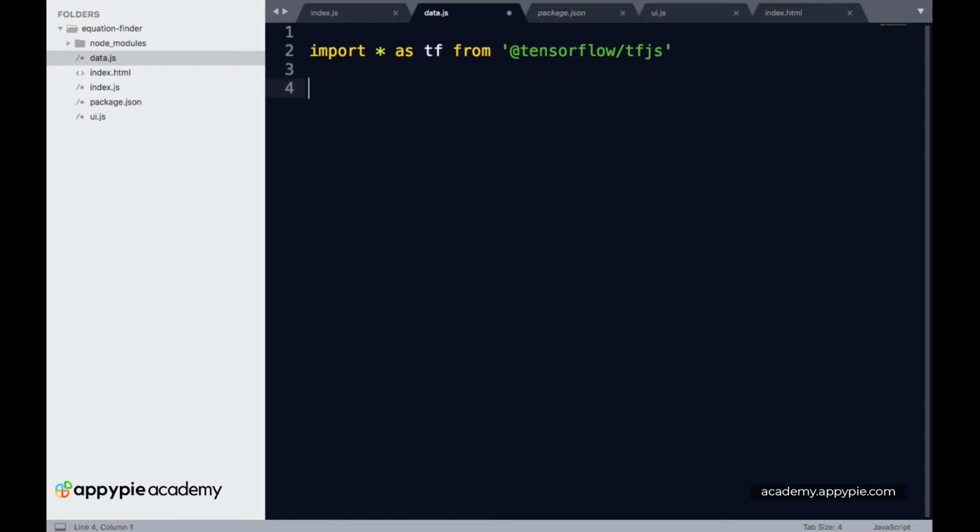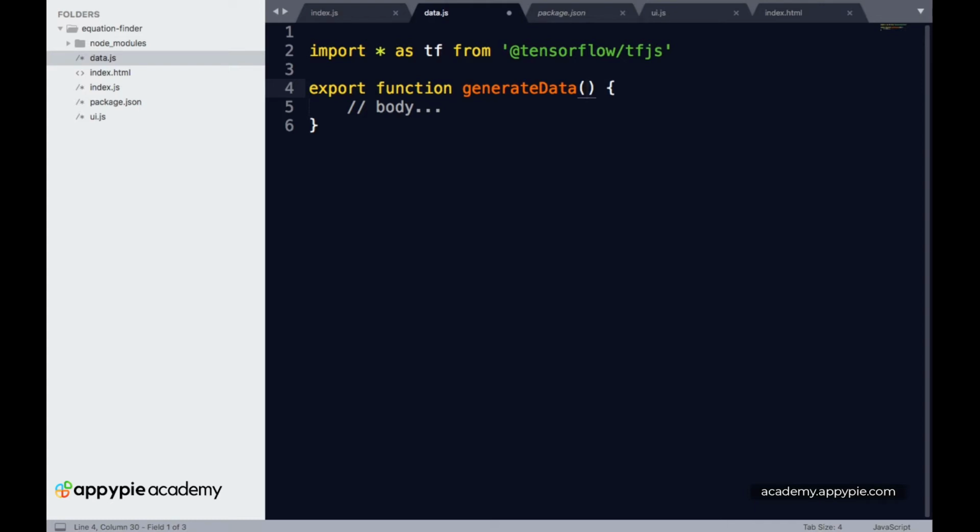Then we have to first create a new function. Let's call this export function, and for the function name we put generate data. This will basically create a random set of initial points. Generate data will take in some arguments.